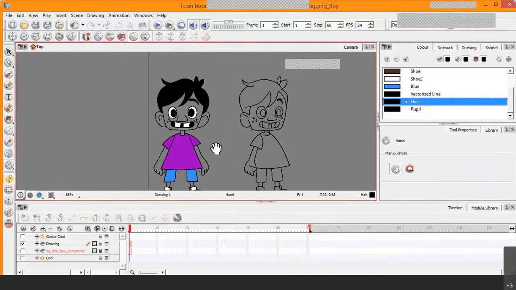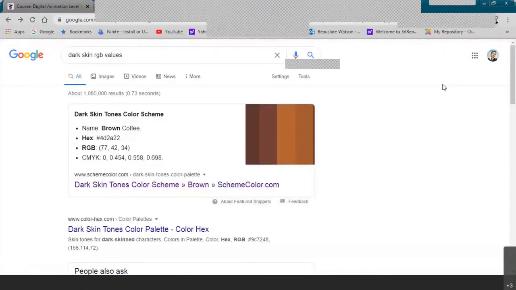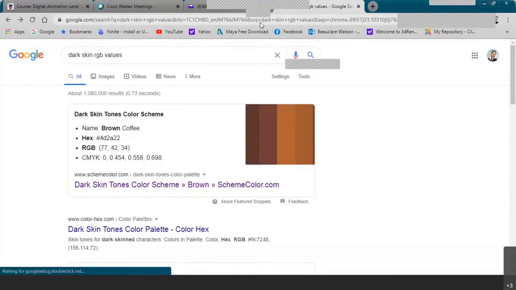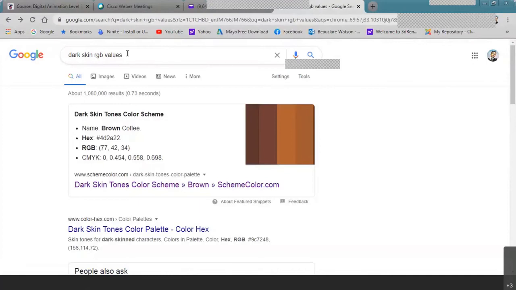So here's what you can also do. You see, what you can do, you can go onto the internet. I'm going to share my web browser with you. Hold on. So what you can do, you can go onto the internet, and look at what I typed in the search bar right here. I typed in dark skin